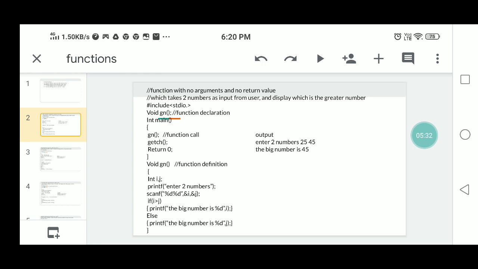Here there is no passing of arguments to the user defined function, and from the user defined function there is no returning value. gn is the user defined function. There is no declaration of function arguments. That means the function cannot take in a value from the calling function. Then this user defined function cannot return a value to main. The entire logic is included in the task. The printing is also available in that function.